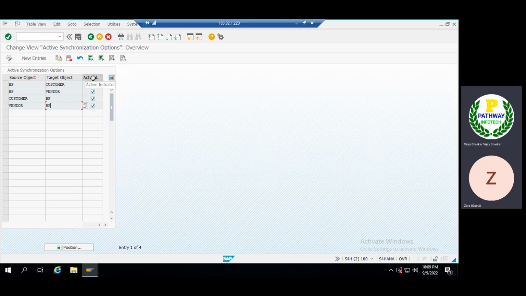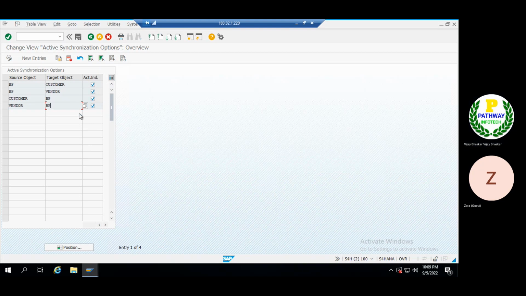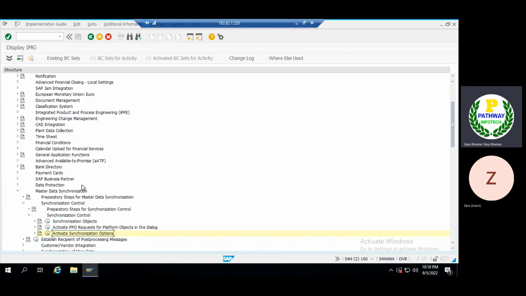So we have to activate this indicator. Then the synchronization options. This means my business partner and customer are both syncing. We are mapping the synchronization. We must do the selection, then only it will work out. As soon as the selection happens,